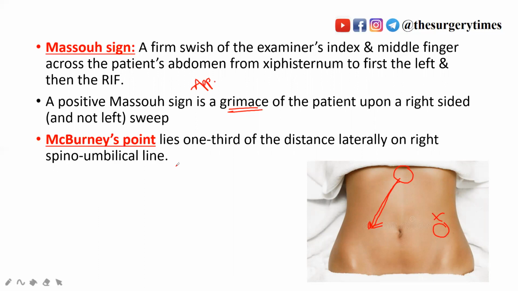Next is McBurney's point. Everybody knows this. It lies 1/3 distance laterally on the right spino-umbilical line. This is the spino-umbilical line, umbilicus and ASIS. Next is